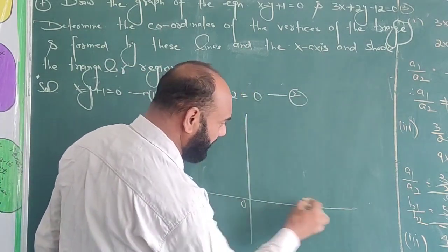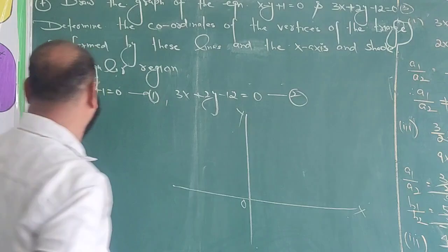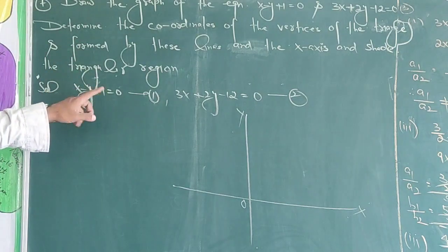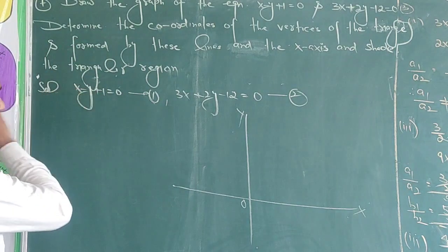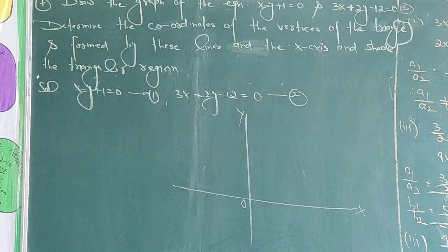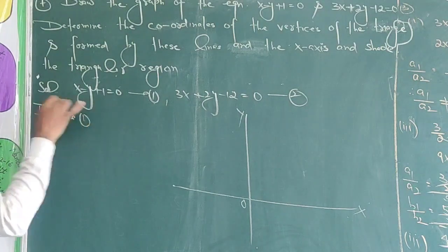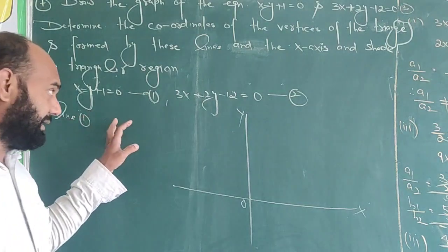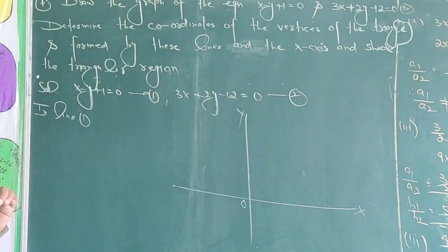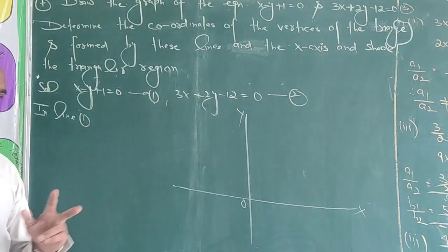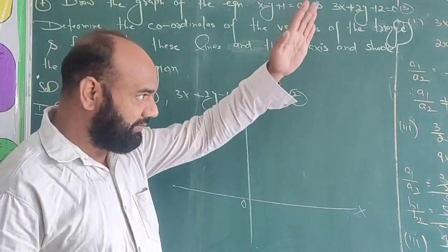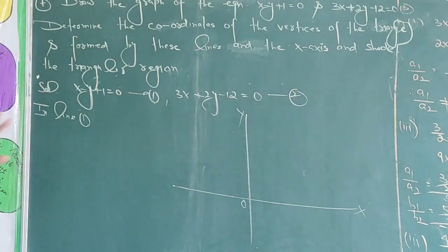to find the graph of any straight line. The first is x minus y plus 1 equal to 0. So we first put x equal to 0, then find the value of y, and then y equal to 0, find the value of x. So that in line 1. This is the simplest method to obtain the graph of any linear equation in two variables. First put x equal to 0, then find the corresponding value of y, and then put y equal to 0, then find the corresponding value of x. And when we have 2 points, then we draw it and find the graph of the straight line.